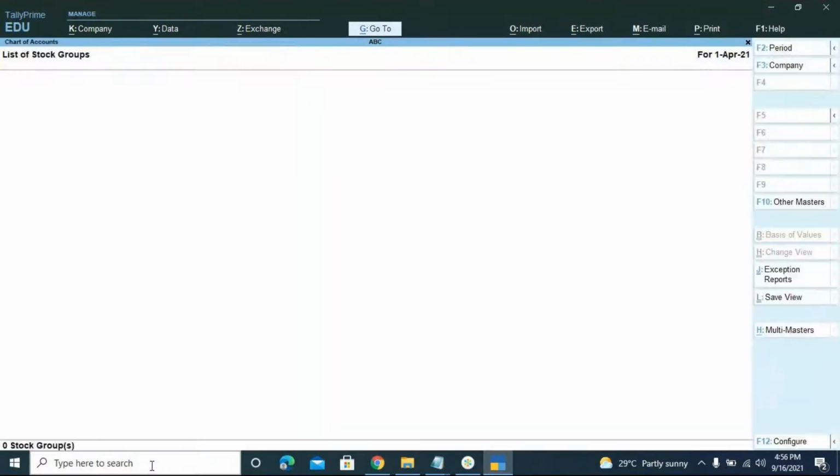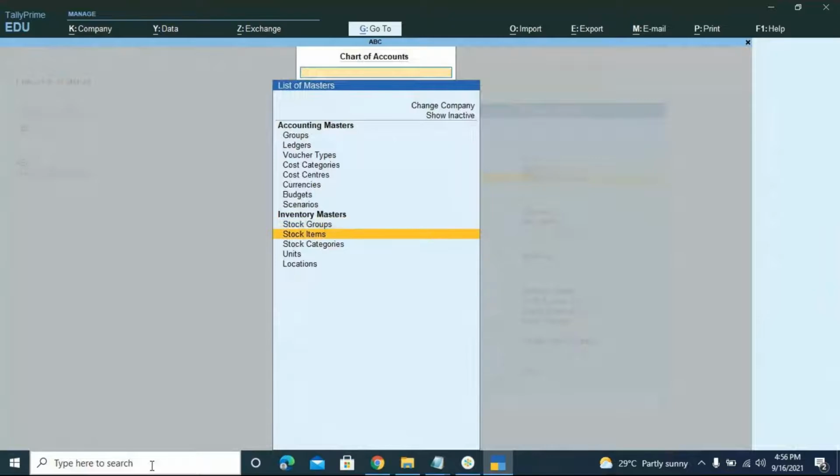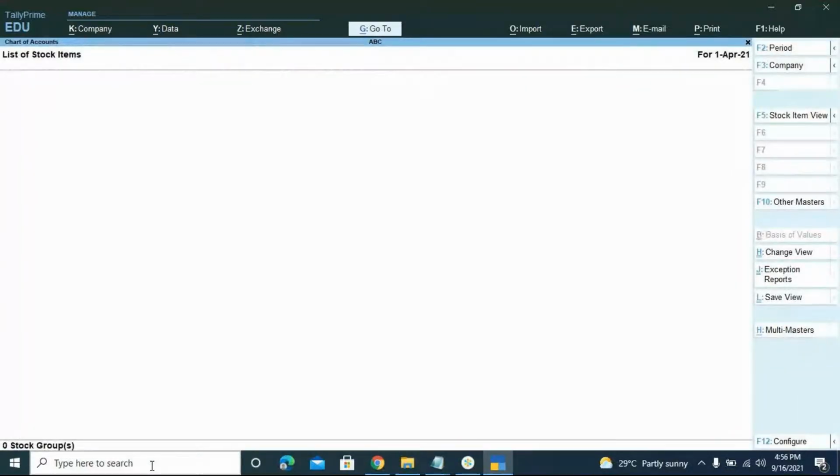And do we have default stock groups? No. We have accounting groups, but we don't have stock groups. And what about the stock items? Again, we have zero stock items. Coming to stock categories, it is also zero. Units of measure, again, we have to create our own units of measure. Now, when I'm coming to the units of measure,